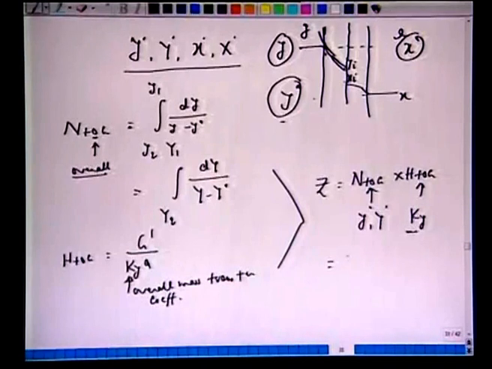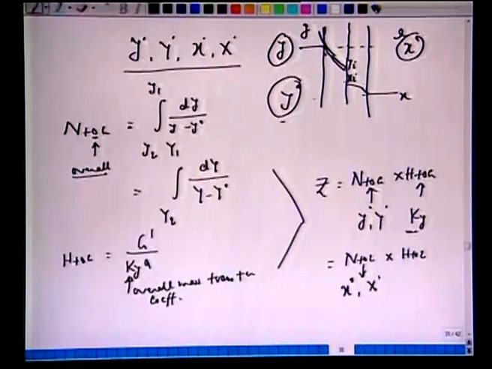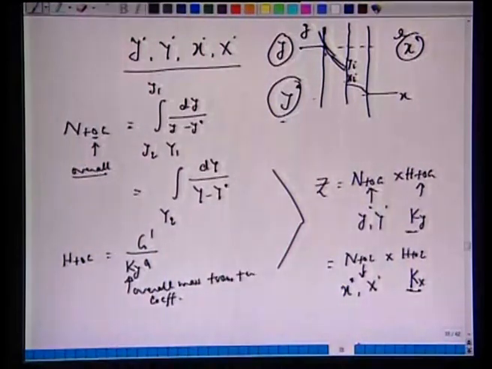So, one can also define NTOL multiplied by HTOL, working on small mole fraction x star or capital X star, and then we have the overall mass transfer coefficient based on the liquid phase. So, there are several ways of writing this for determining the height of an absorption column. Z equals NTG multiplied by HTG, equals NTL multiplied by HTL. That will also equal NTOG multiplied by HTOG. That will also equal NTOL multiplied by HTOL.